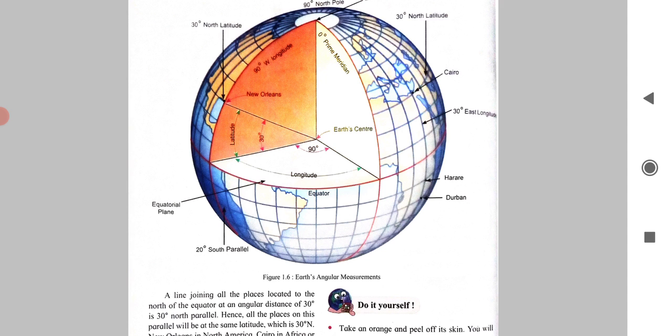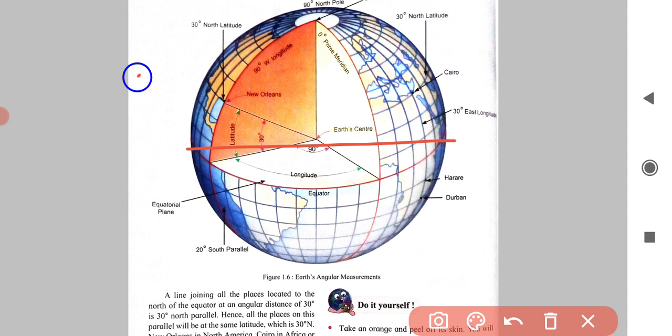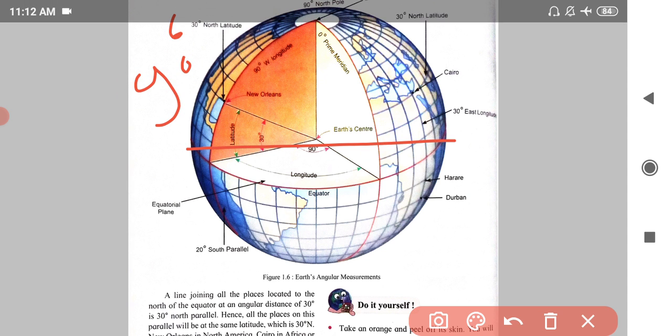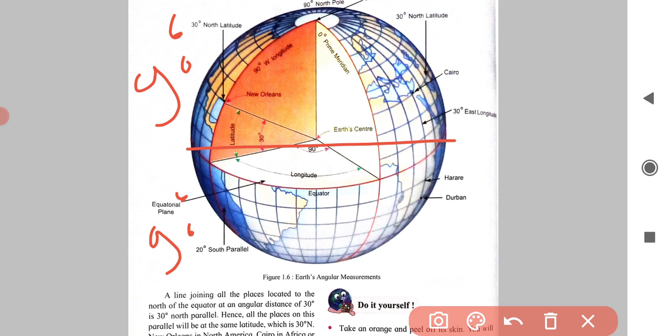One can draw 181 parallels on the earth at the interval of 1 degree: at 0 degree, that is the equator, 90 parallels in the northern hemisphere, 1 degree N to 90 degree N, and 90 parallels in the southern hemisphere, 1 degree S to 90 degree S. See, at north side 90 lines, at the south side 90 lines.